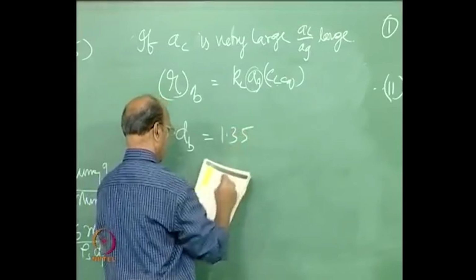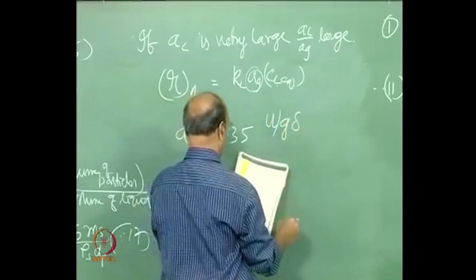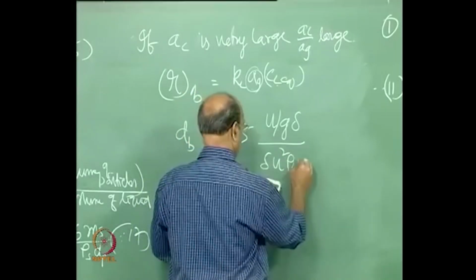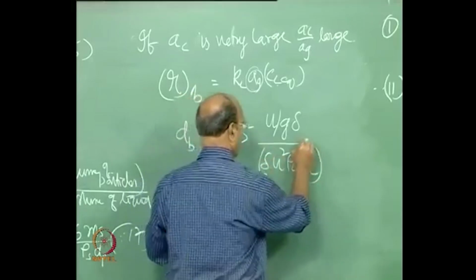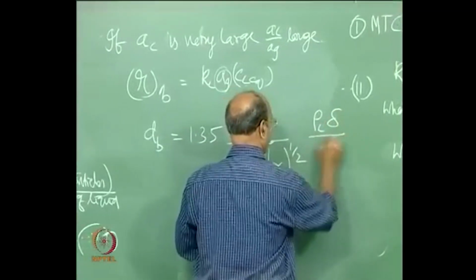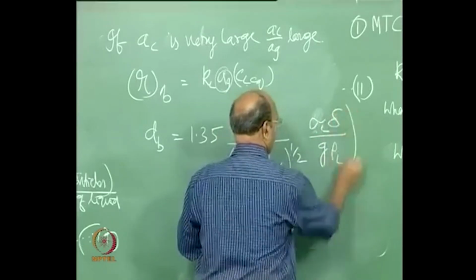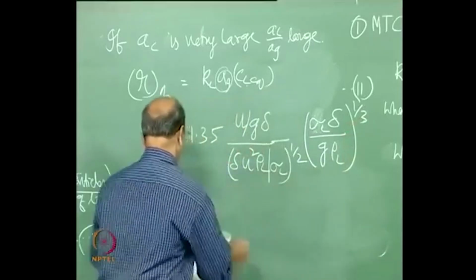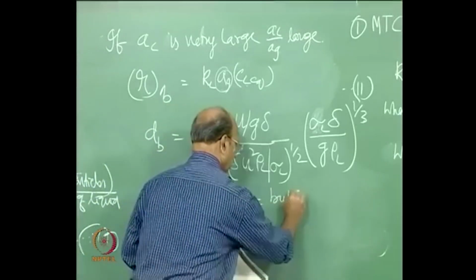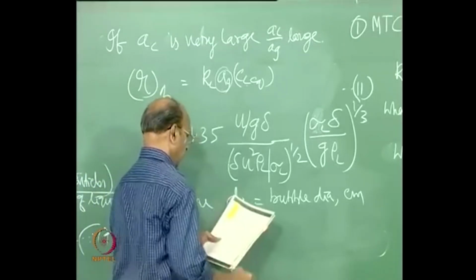So, d_B equals 1.35 times (U_g delta divided by delta U squared rho_L) divided by (sigma_L to the power of half into rho_L), no, sigma_L, not rho, whole to the power of 1 by 3, where the simplest thing of course is d_B, the bubble diameter in centimeters, and we have U_g, the gas velocity,